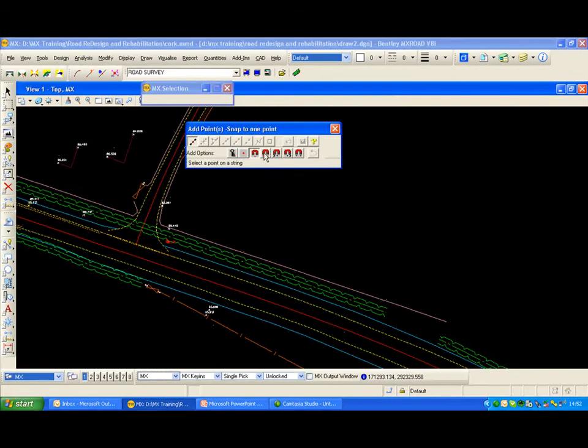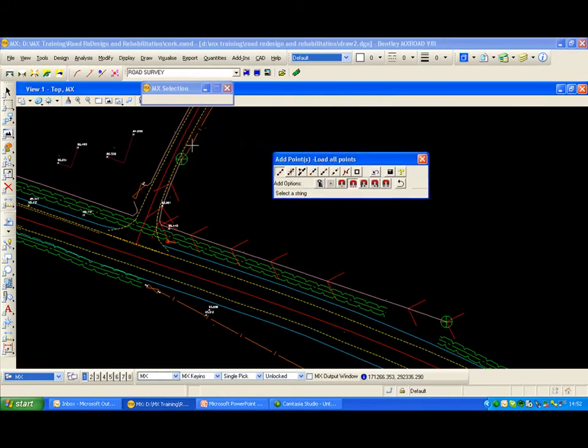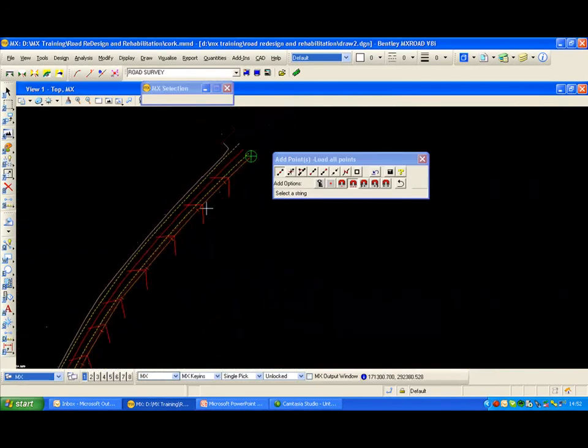I can load all the points from a particular string, so I'm going to use this option here. And if I was to load all the points from this particular string, you can see here MX is showing you the start, the direction of the string, and the end. If I'm going to join that to this particular string here, I'm going to click on that particular string next, and you can see MX now extends that string up to that particular point. If I again was to accept this,